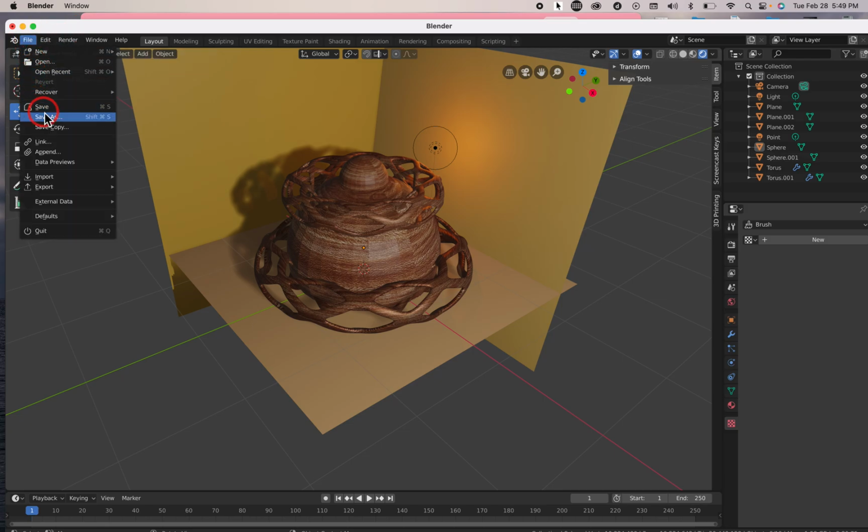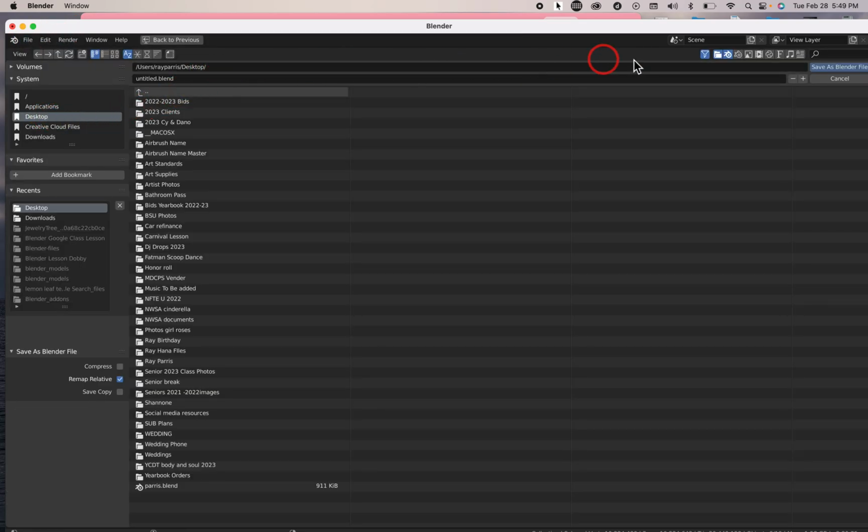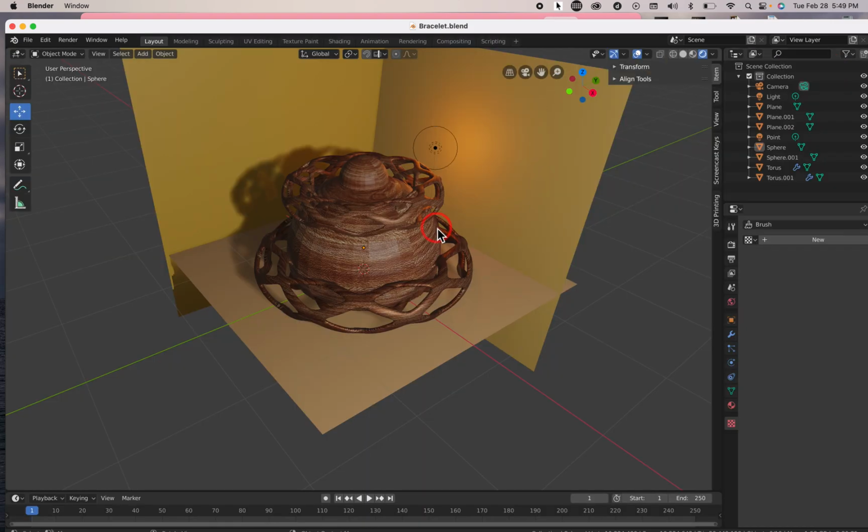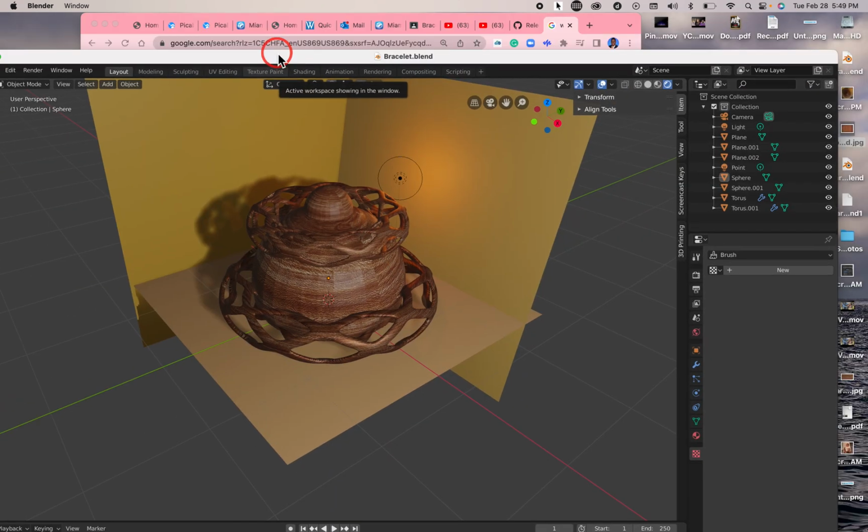File, save as, give it a name. Call it test, or whatever you want to call it. I'm going to call it bracelet design. Okay. And hit save. Hit save and it's saved. You're good to go. All right. So I'm going to go ahead and